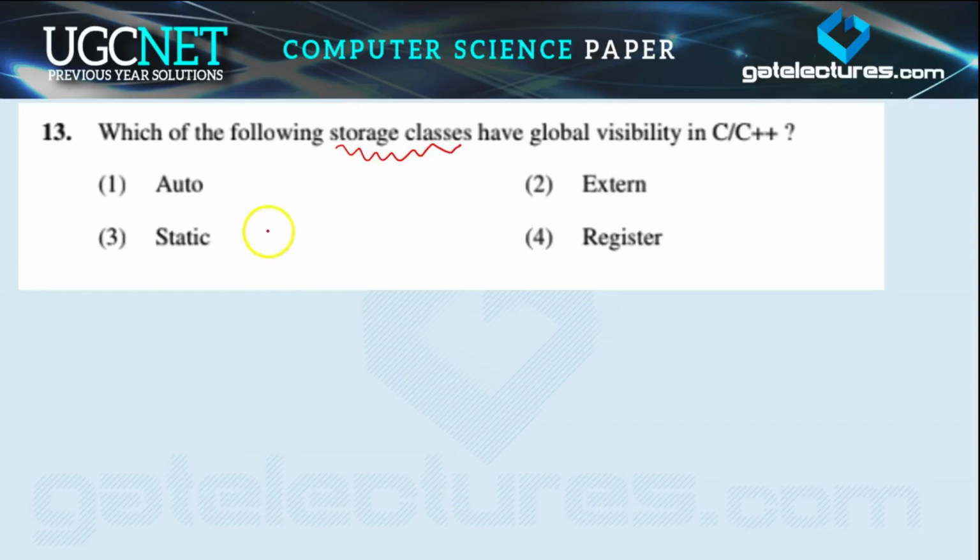Let's suppose you define a variable in C or C++ language. Just like if this is void main and this is integer, let's suppose x. Now you define some variable. So when you define some variable, the storage class will tell you the scope and the lifetime of the variable within a C program. So what is the functionality of a storage class?